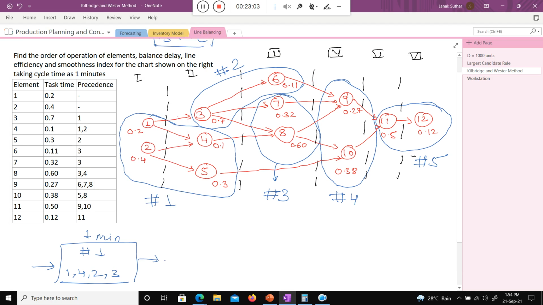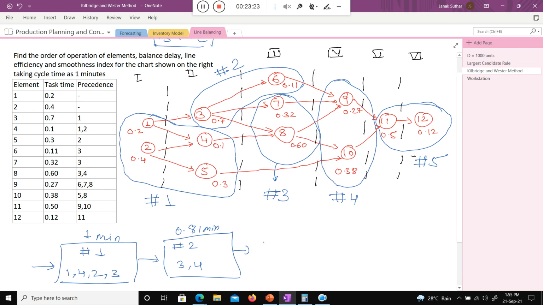Now workstation 2. In workstation 2, 3 and 6 will be there. And what is the workstation time? 0.7 and 0.81. Okay, 0.81 minute.